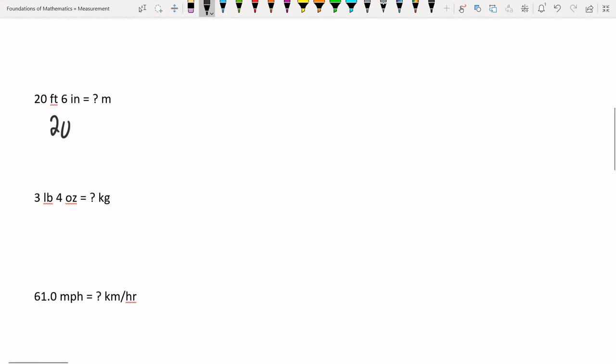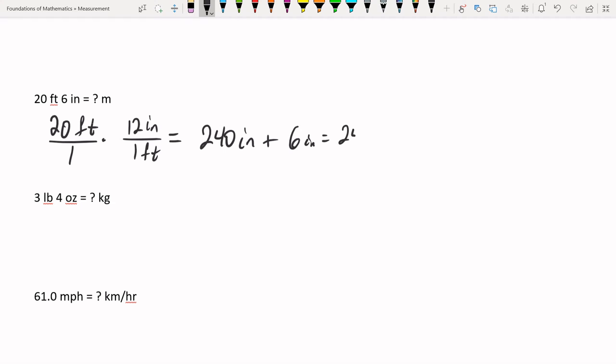So first off, 20 feet equals 12 inches in 1 foot. And this gives us 20 times 12 is 240 inches, and then we're going to add on to that 6 inches, so we have 246 inches. Then we can convert this, let's say, I want to make sure my mathematics is correct, 240 inches plus 6 inches equals 246 inches over 1 times